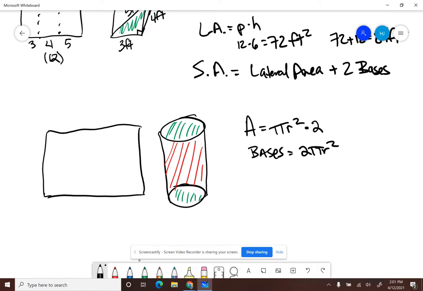And of course, I would have to have a height here. I'd have to know how high this is. Matter of fact, let's go ahead and put a number in here. Let's say this is 9 inches. But what in the world does this part of this rectangle represent when I fold it out? Well, think about it. If I cut through this particular little cylinder right here and I folded this out, really what I've done is I've gone all the way around